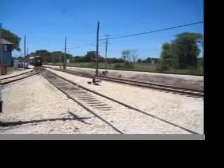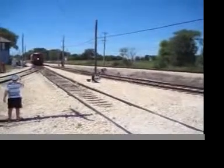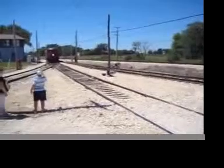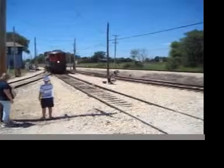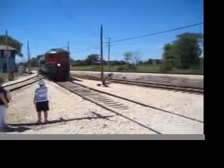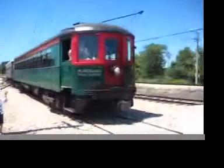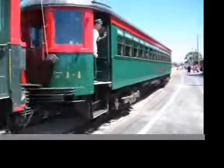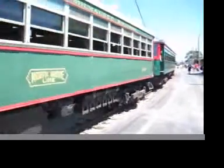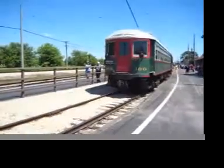These two cars, the 714 was built by the Cincinnati Car Company, and the 160 was built by the J.G. Brill Company. The 160 was built in 1915, and the 714 was built later. It shows the difference. These two, the first one is called a green liner, and then the second one has a little more complicated paint scheme. You'll notice that it's